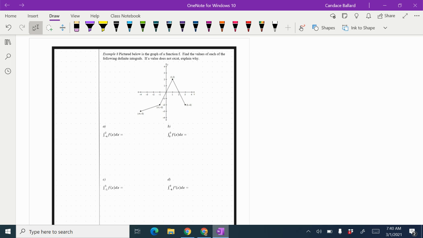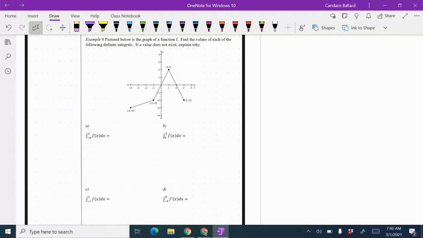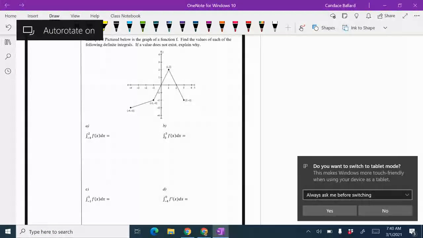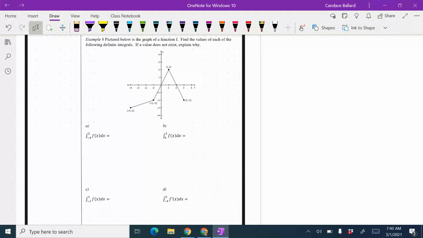We're going to continue our notes on the fundamental theorem, and we are looking at example 8. So pictured below is the graph of f, and find the values of each of the following definite integrals. If a value does not exist, explain why. So we are looking at this picture, and we're going to have to find this by some algebra, by some